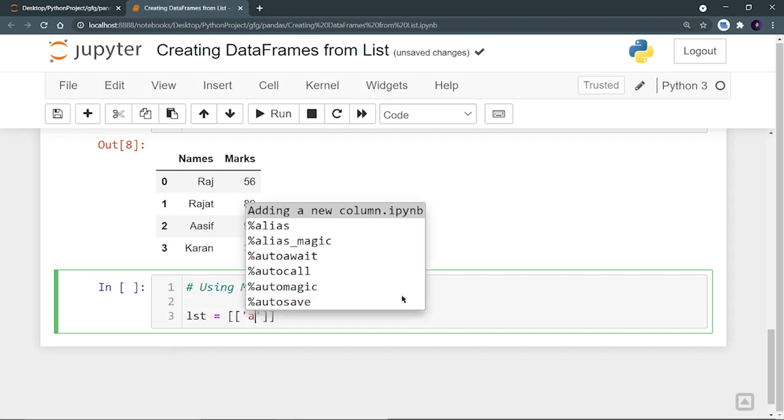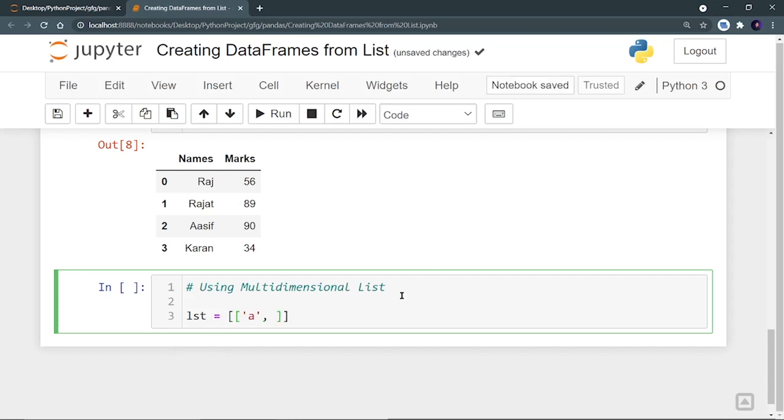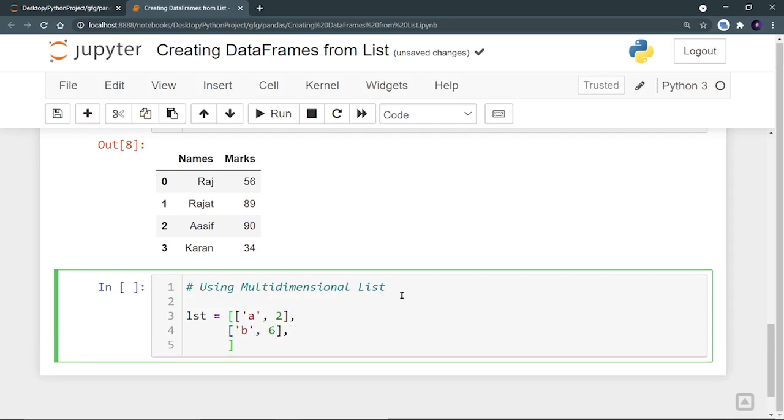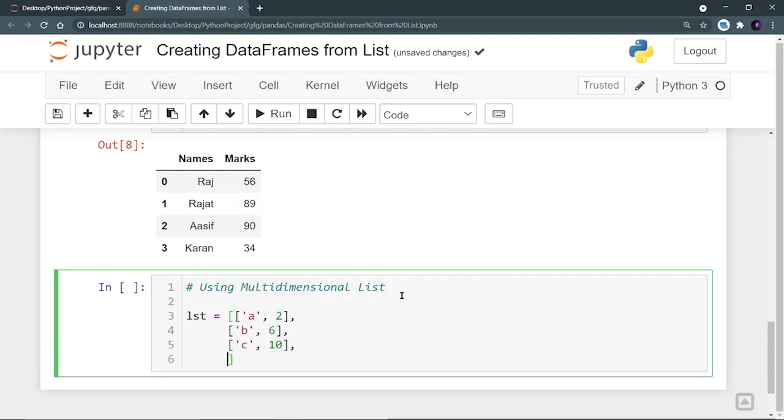So let's take the first list as A and 2. Now let's create the second list as B, comma 5, 6. Then let's take the third list as C, comma 10, and let's take the fourth list as D, comma 90.